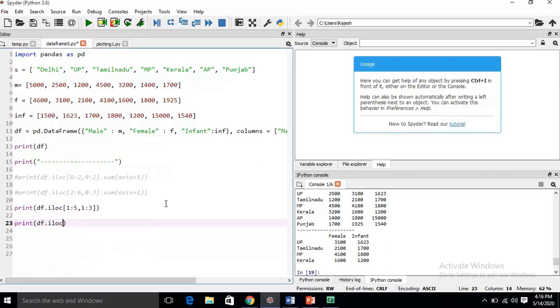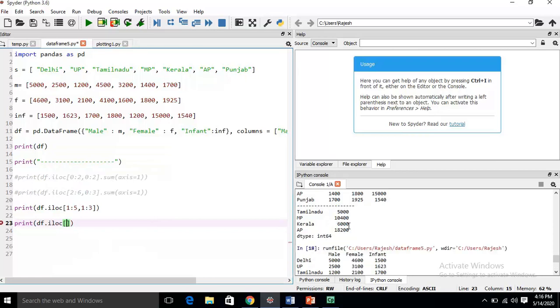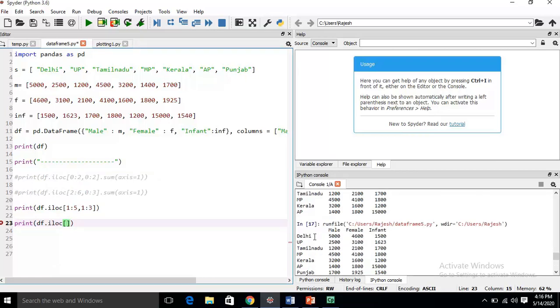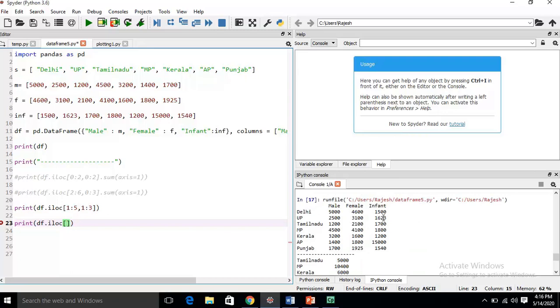iloc. You see, here we have to require the female and infant of all states, which means I have to require all the rows. Here I make this the row and this the column. For the row I am not going to write anything.